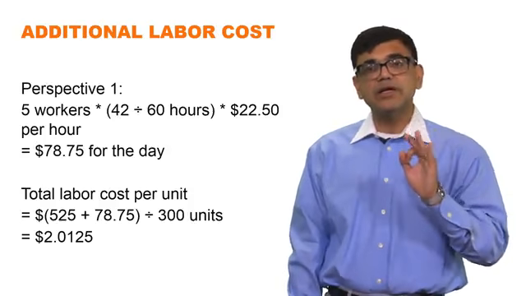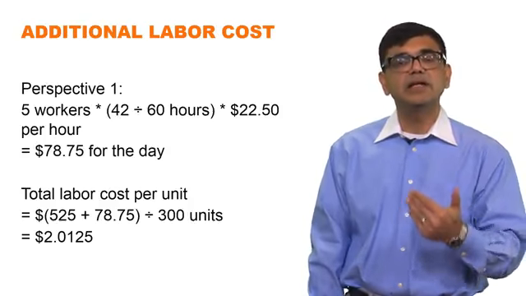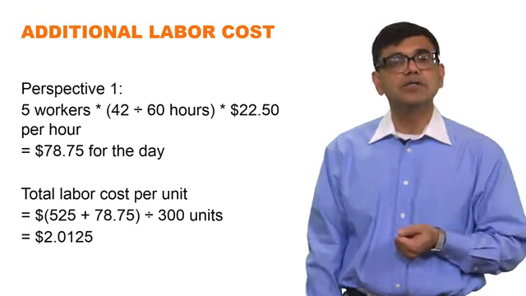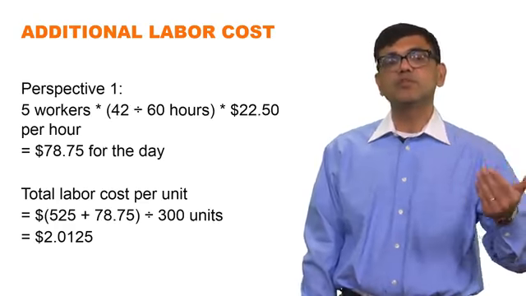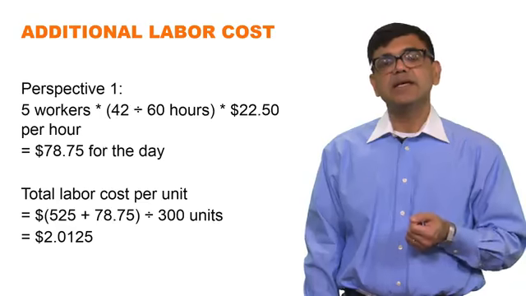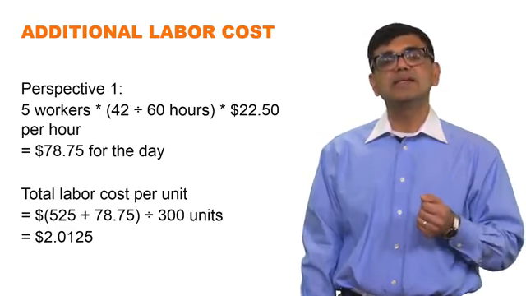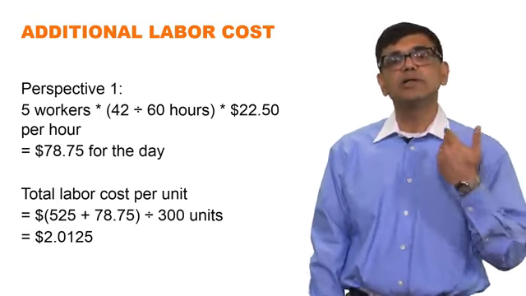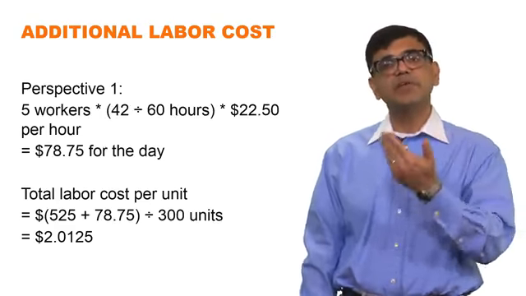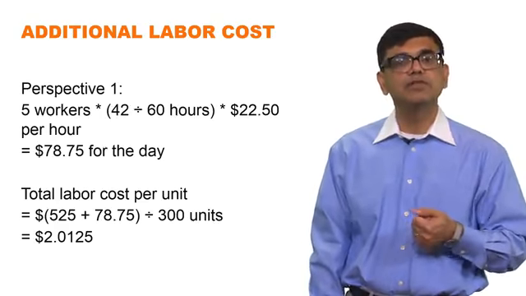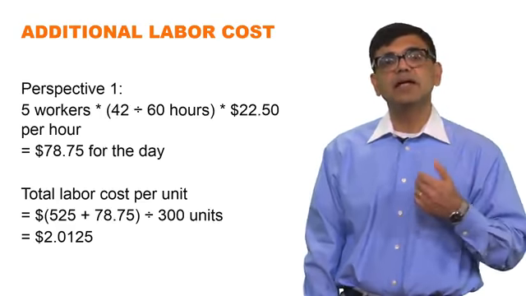All right, talking about the labor cost, this is simply taking the idea that every additional minute is going to cost you at the rate of 22.50 per hour. So if you took perspective 1, you said that it takes 42 minutes. There were 5 people working, so 42 divided by 60 converts it into hours, 5 workers, and then you multiply by 22.50 because that's the overtime rate. It's 50% more than the usual rate of $15, so it's $22.50, and that gives us $78.75 additional cost for